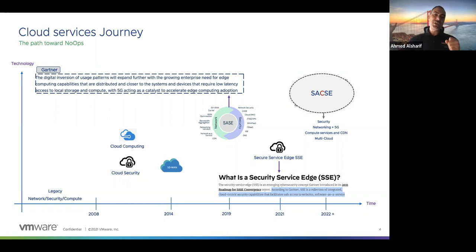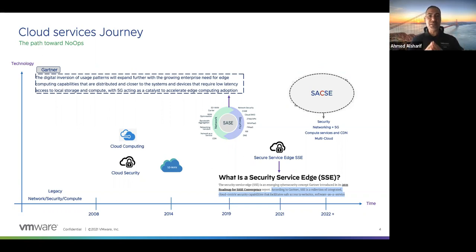So for the long journey, the thing that really helps the customer to modernize and transform the business will be SASE. If the customer is just interested in the security part of it, and he doesn't need to modernize, he doesn't need to move forward after that in the future, then SSE will be enough just to secure the connectivity, if he's happy with the connectivity. And different customers will go a different way.